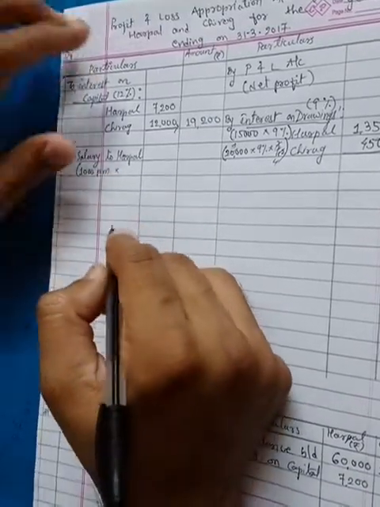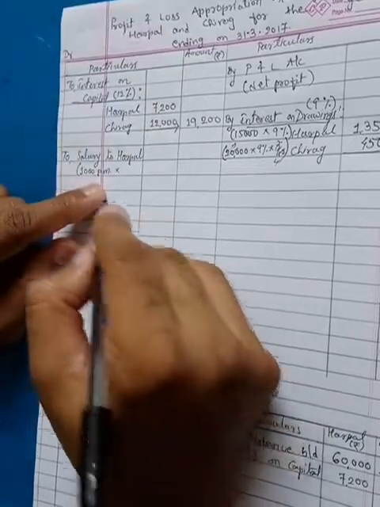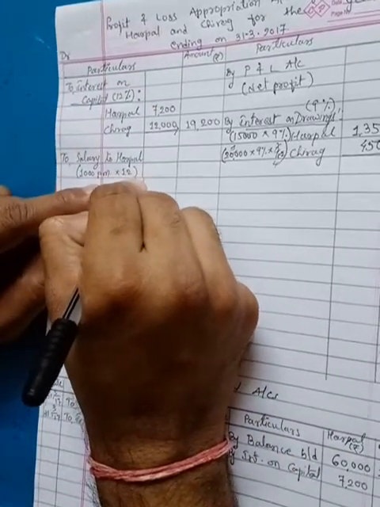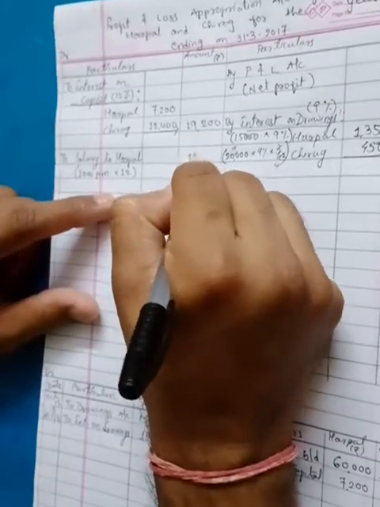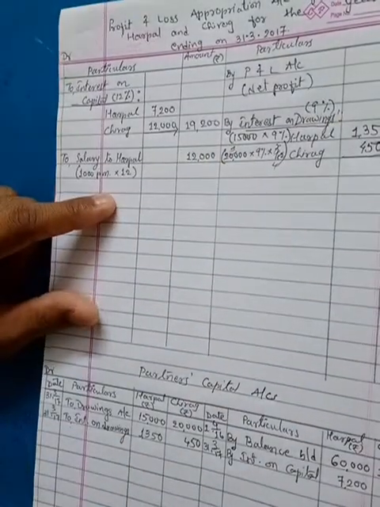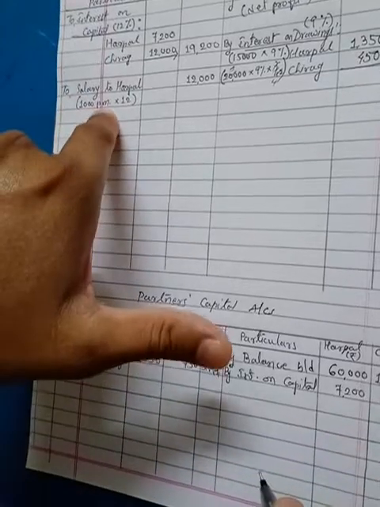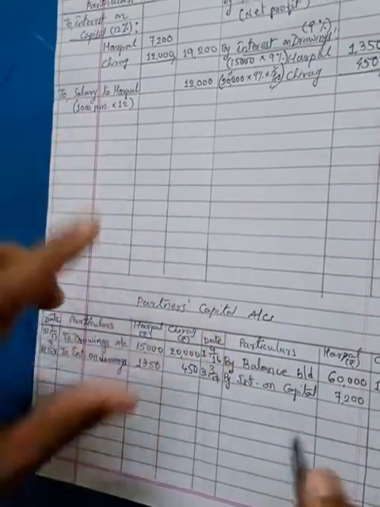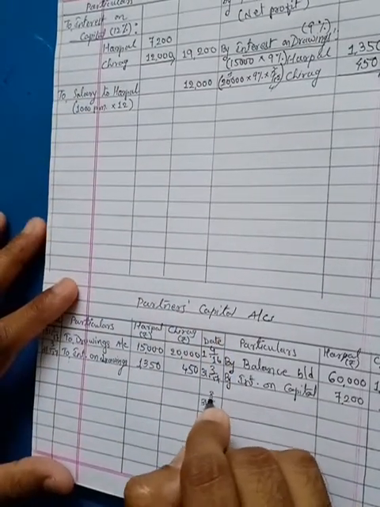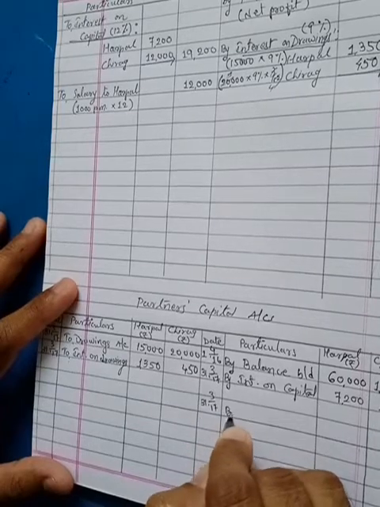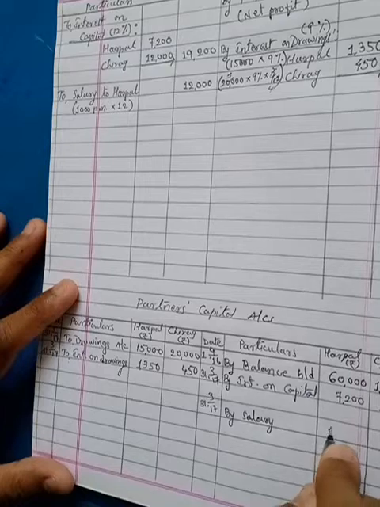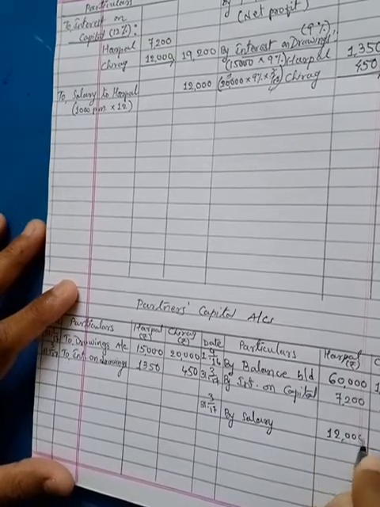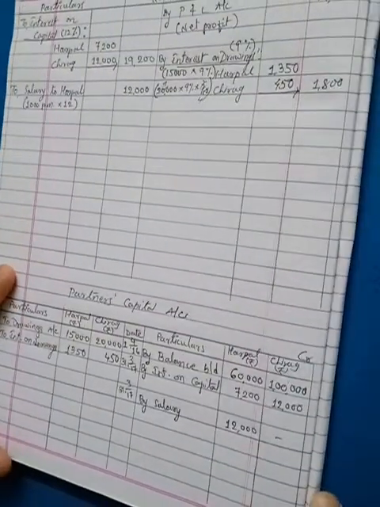Over here we are preparing for the year ending. So 1,000 per month into 12, since in a year there are 12 months available, that comes to 12,000 total. And its second effect is in the partners' capital accounts, credit side, on 31/3/17, by salary, and the amount in the column of Harpal is 12,000. He is getting a salary of 1,000 per month.